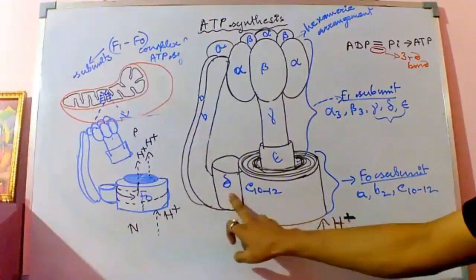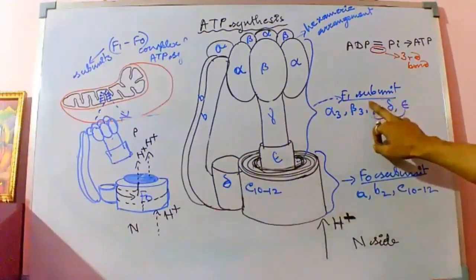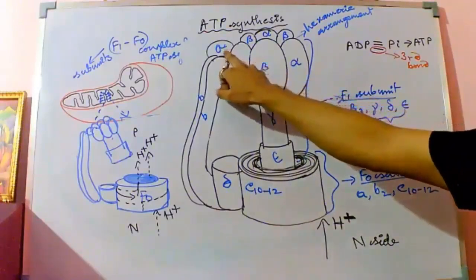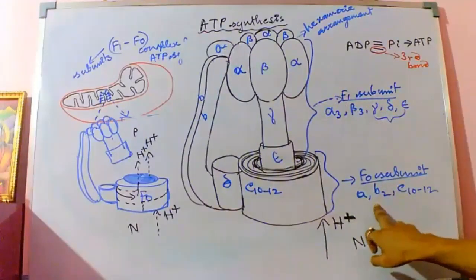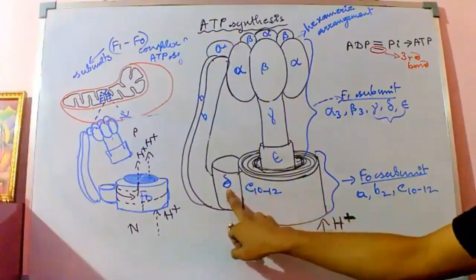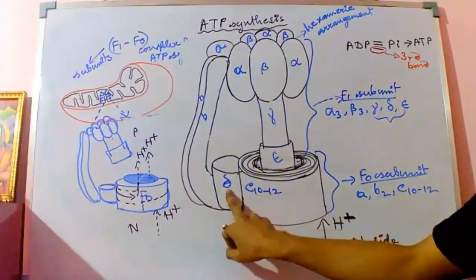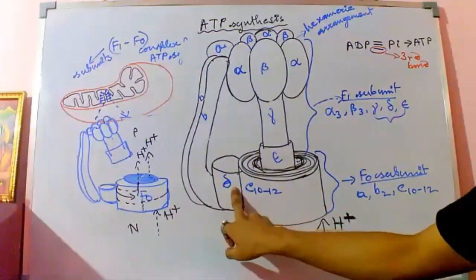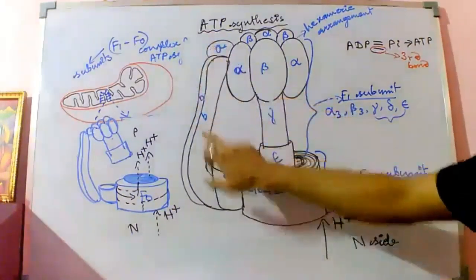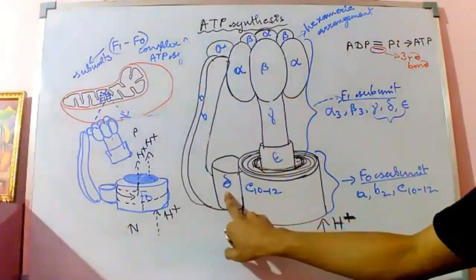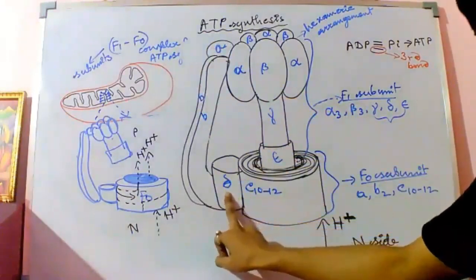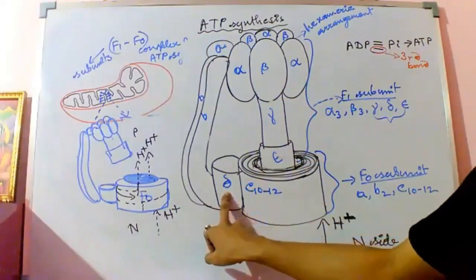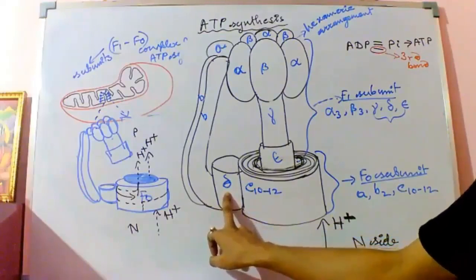But the delta subunit itself is of the F1 complex. F1 has the delta, and this A portion of F0 functions the same as the delta subunit. This is the hinge portion, or the mechanical arm, of the ATP synthetase. This entire A, B and delta is called the mechanical arm of the ATP synthetase enzyme or ATP synthetase complex. And this ATP synthetase entirely can also be renamed as the F1 F0 complex.